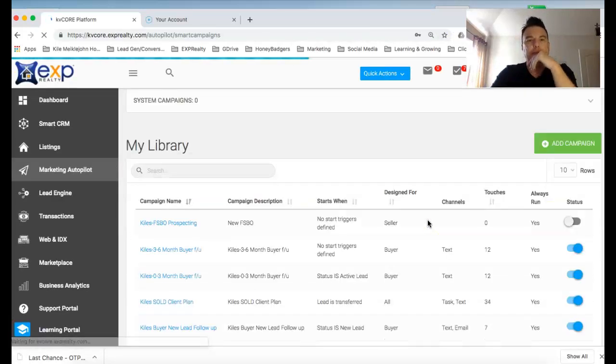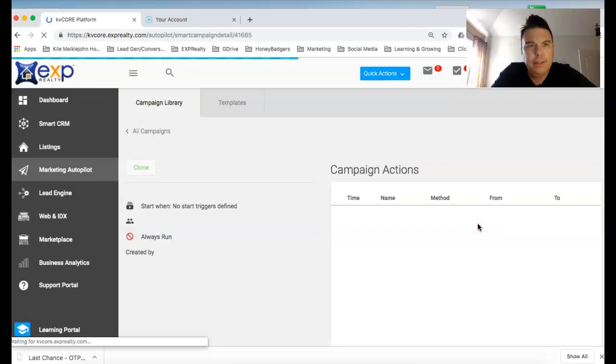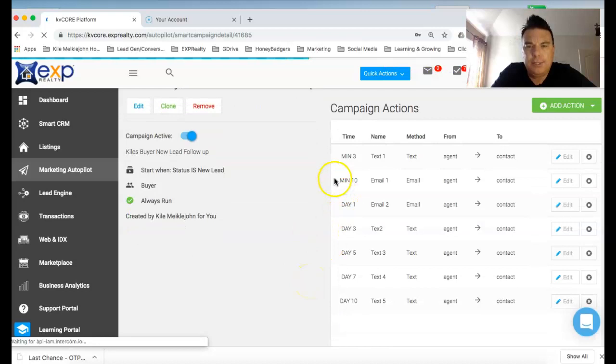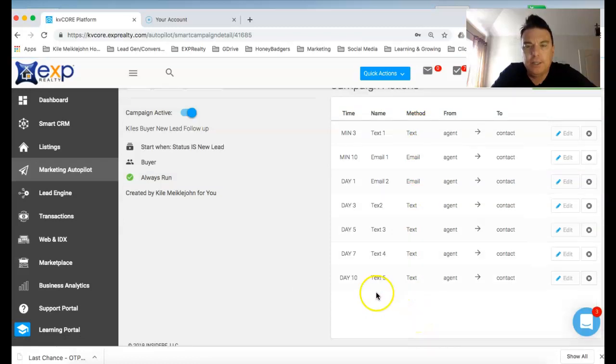So basically, go to the new buyer lead follow-up campaign and add all these actions, 10 days, right? So see what I was saying about the text messages. I only have 1, 2, 3, 4, 5 text messages actually in this whole system. So I had my numbers all messed up there. So text 1, then minimum 10 minutes. Text 1 goes out in